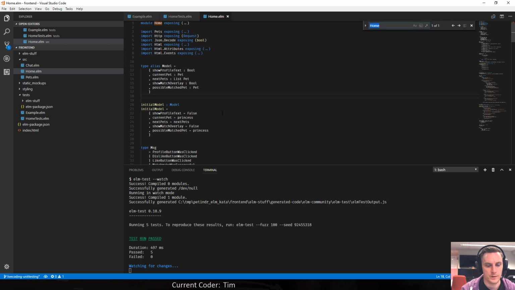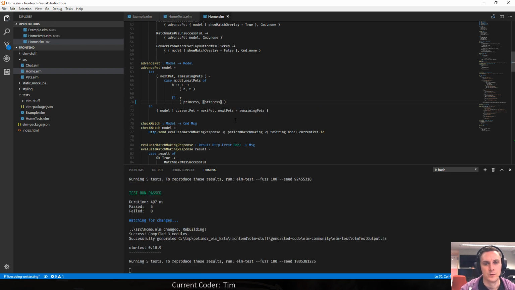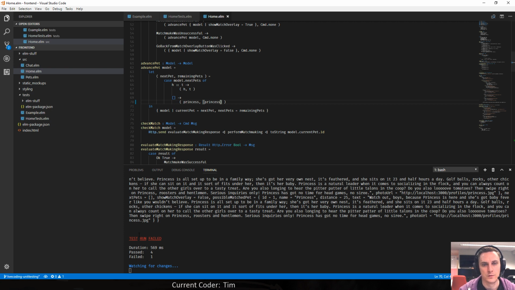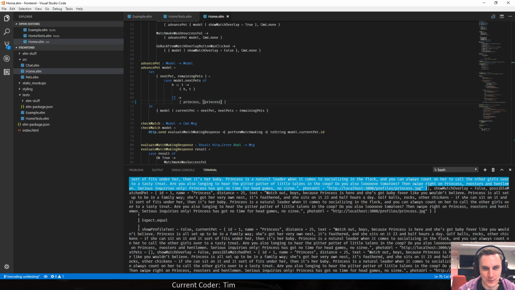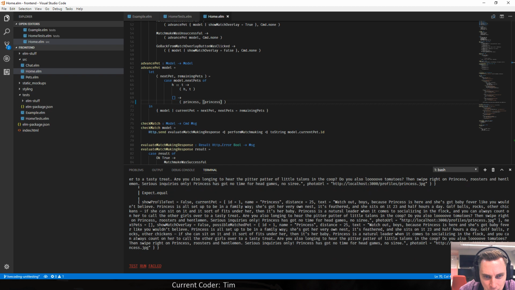Wait, no. Advanced pet. Let's always return princess or something. And it fails. Oh my god. At least it's saying, well, next bets here, this thing is incorrect, because it marks it as incorrect while it's expecting an empty array.